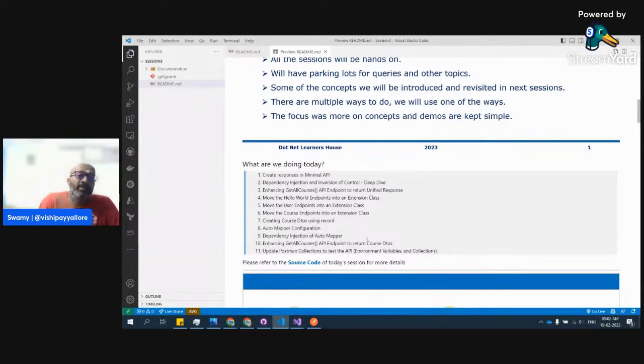And then enhancing the GetAllCourses API endpoint to return the unified response. If you see that we used to split in a different way, now we will do it in a different way. Then previously we used to write everything in the same program.cs class. Now we will move that into different classes. Similarly, we had 3 different things. One is hello world endpoints, one is user endpoints, one is course endpoints. So we'll move that, and creating the course DTO using records,